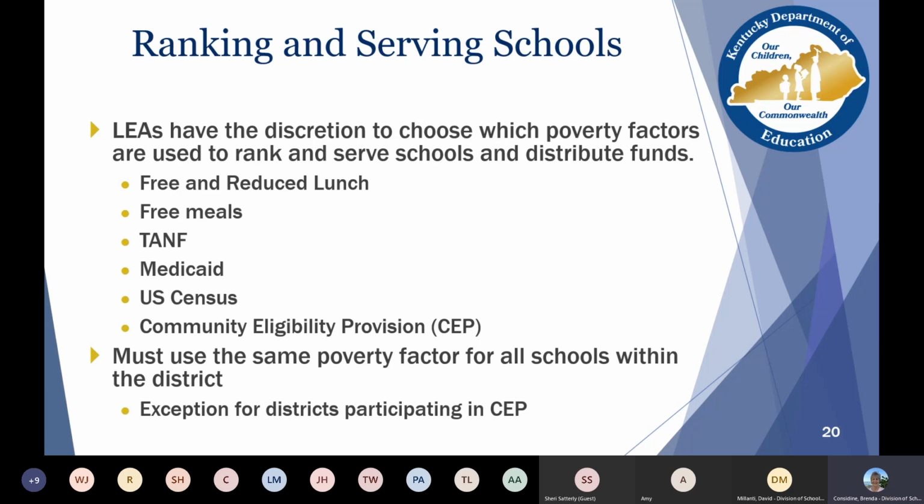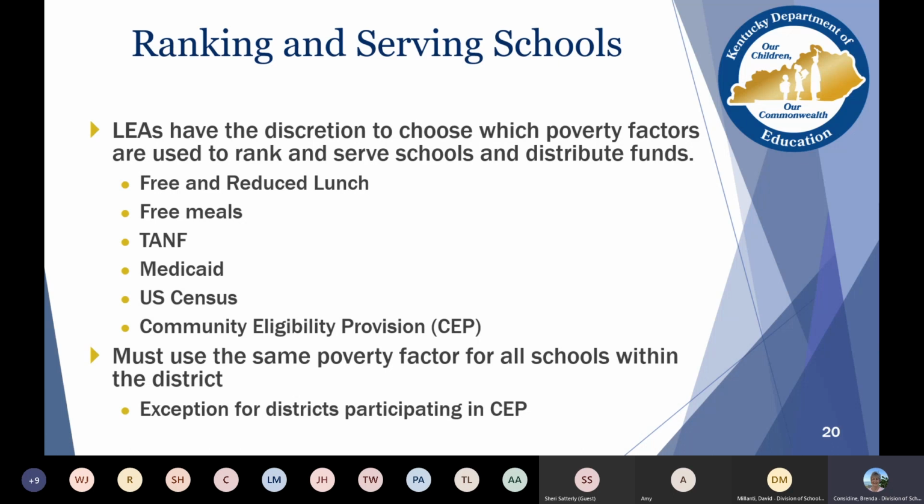You can use free and reduced lunch. You can use free meals. You can use temporary assistance for needy families. You can look at Medicaid. You can use the U.S. Census data and the community eligibility provision.